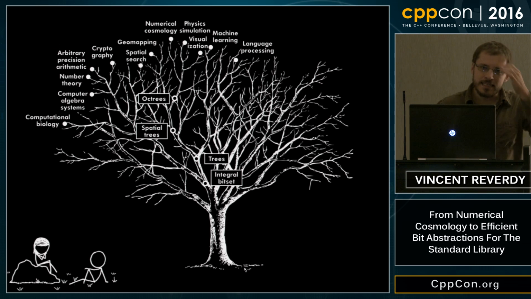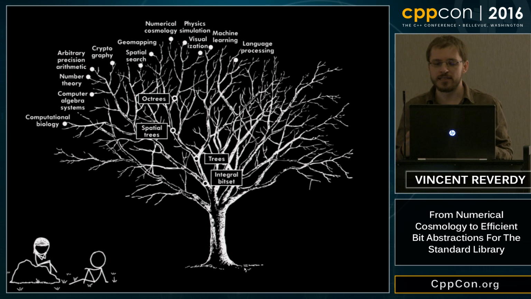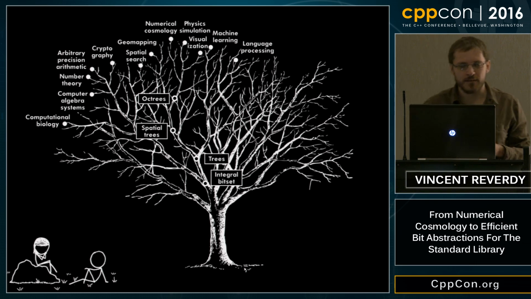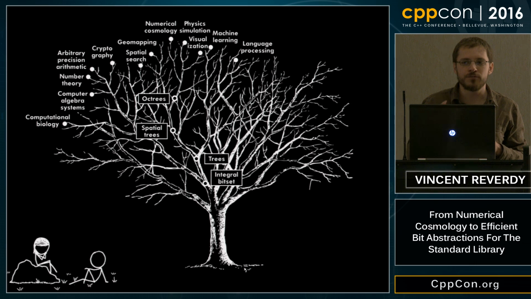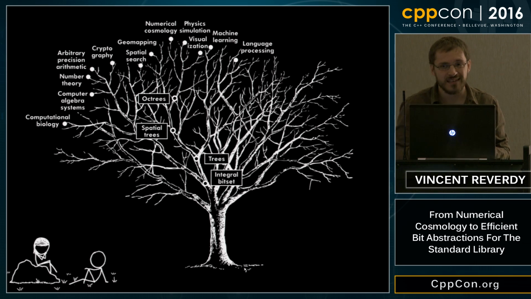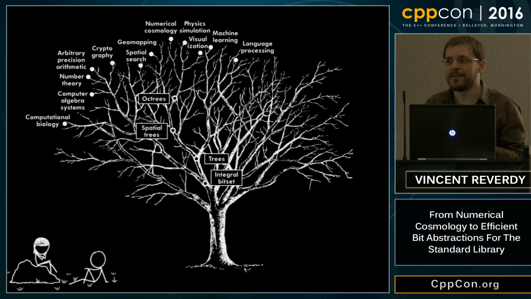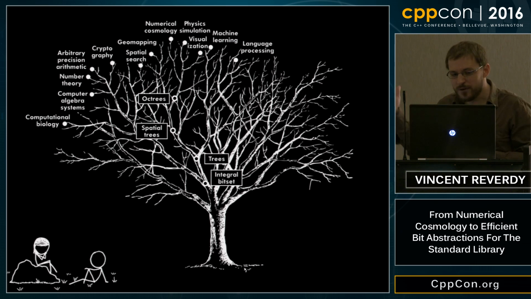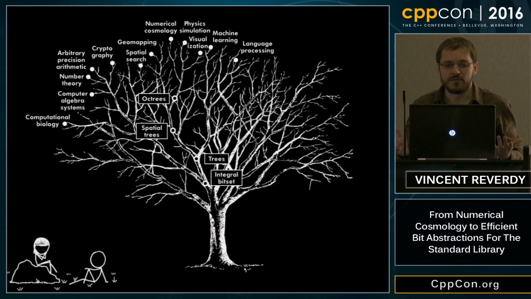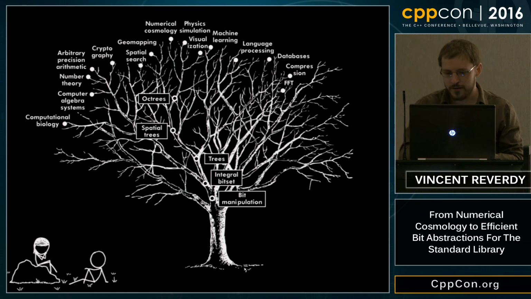There are types of trees that are implicit trees, where you can create them as associative maps. It's very efficient, but there is a problem: you have a pair of key and value, but the keys, to be efficient, sometimes have to be more than 64 bits. And the problem is that we don't have anything to deal with more than 64 bits, in either a static or dynamic way, in C++. And this kind of integral bit set can be used in a lot of areas, like arbitrary precision arithmetic.